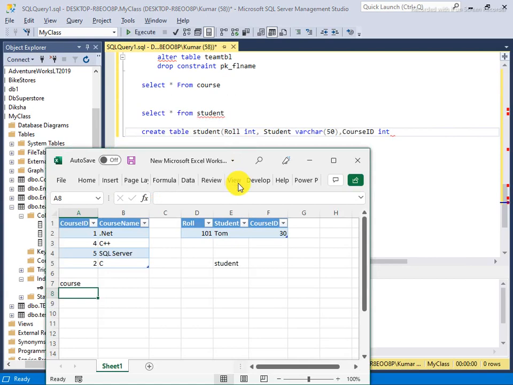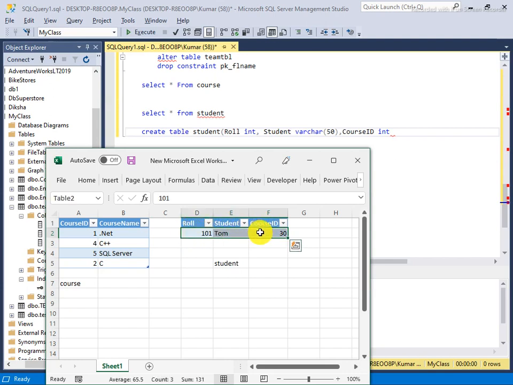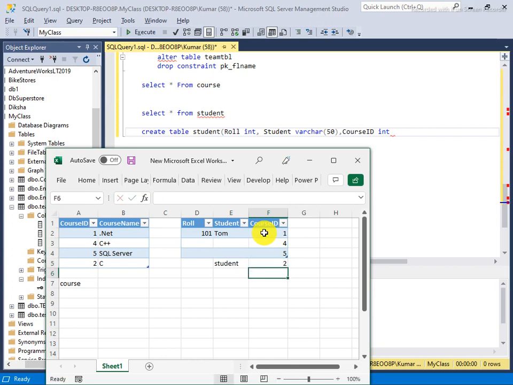So here I am saying that the course ID can be any value which only exists in the course table. If it's 30, then it will not allow inserting any record in the student table. It can accept entries like 1, maybe 4, maybe 5, or maybe 2. But if you want to enter 6, then it will not accept. So before entering any value here, you first need to update that value in the course table. If 6 exists there, then the student table will accept 6.